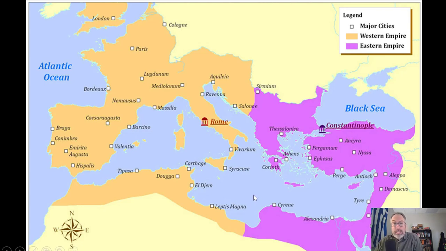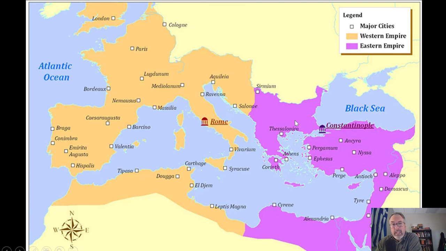Okay, so what Constantine does, one of the things he does, in addition to all of that, is pack up his whole government, so to speak, and move it from Rome to his new city of Constantinople. And what Constantine recognizes is that the western part of the empire here, in the tan or orange, is quickly becoming a backwater. You're having these invasions of barbarian tribes from the north, or barbarians as the Romans thought of them, coming in and taking over areas. And Constantine, in some cases, says it's not worth defending anymore.